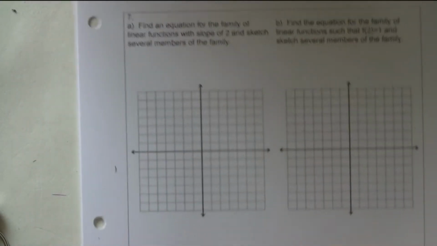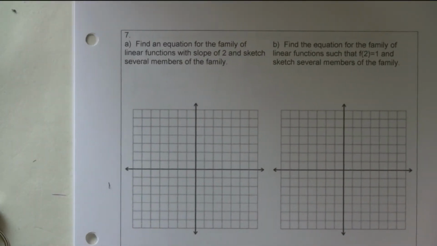So this is question 7 out of your book. It says, find an equation for the family of linear functions with slope of 2 and sketch several members of the family. So they're wanting us to draw some linear functions. That means it's a line with slope of 2. And